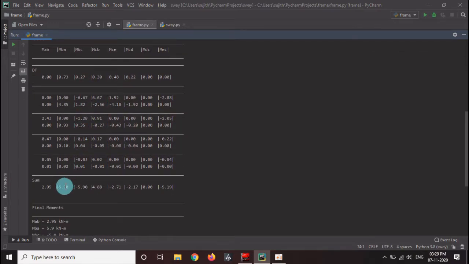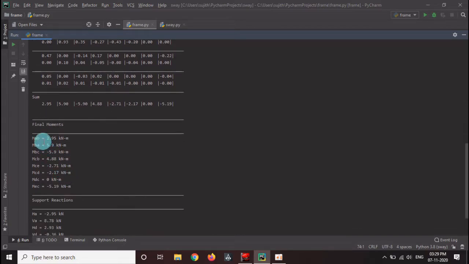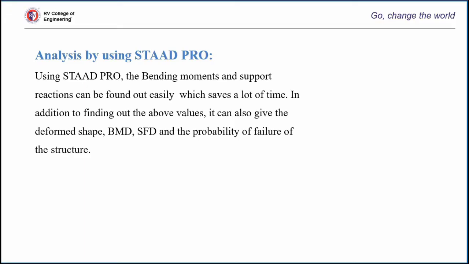We can check that the sum of the moments at the joints is 0. Hence we can get the values of final moments and support reactions for any values of this format. So this is it for the Python.